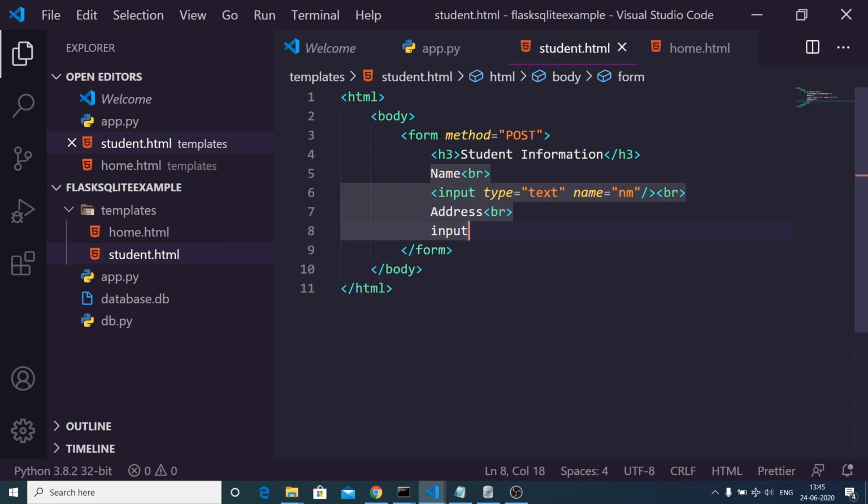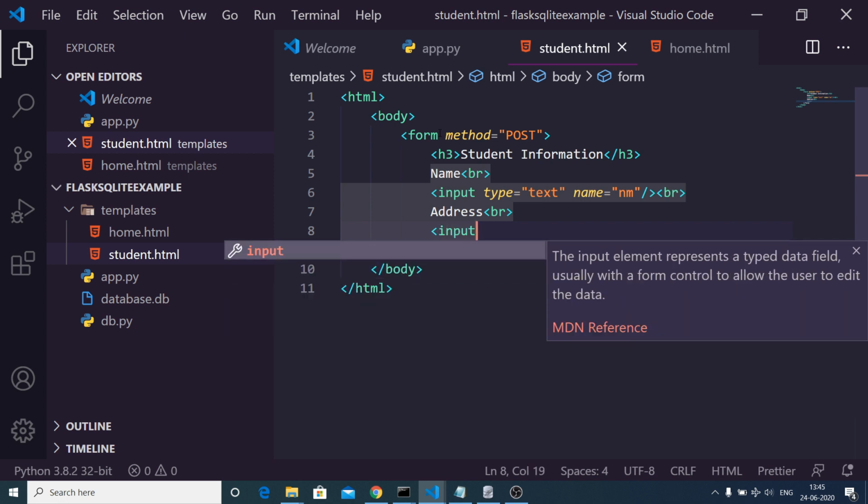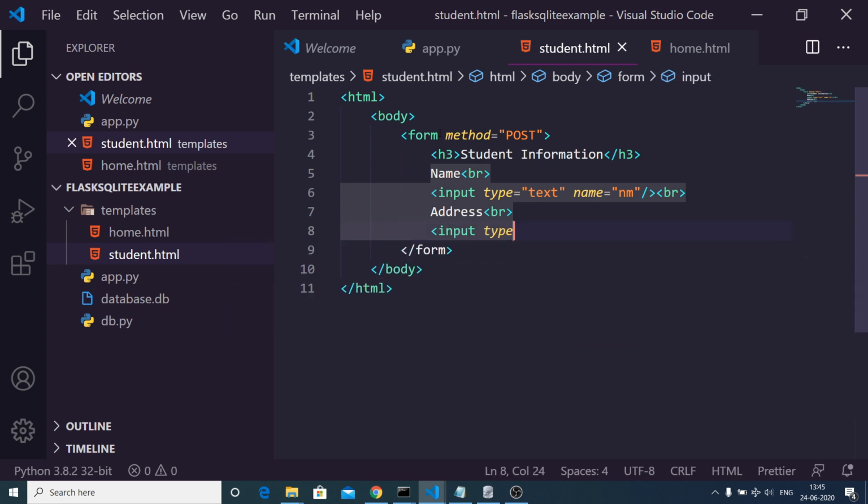So we will again have an input field, input type text, and we will have a name attribute again to add here. So this needs to be text area, not input field, because our address is big, so we will have a text area instead of input field. So this needs to be add, shorthand for address, and close the text area.